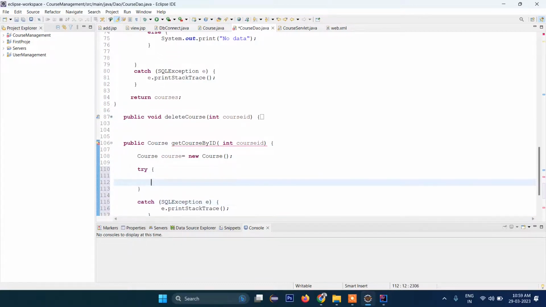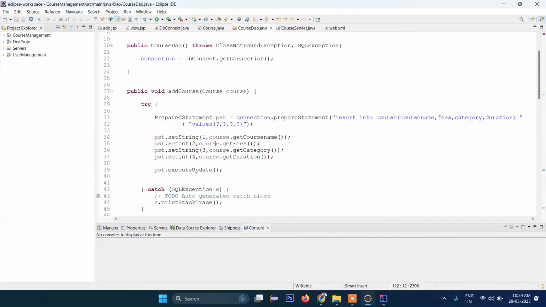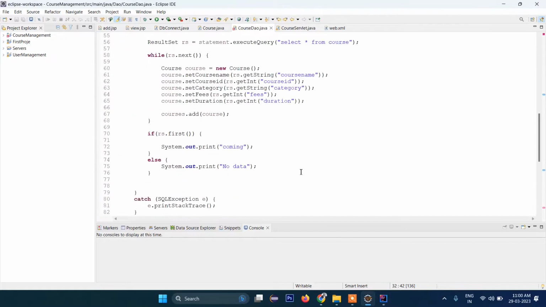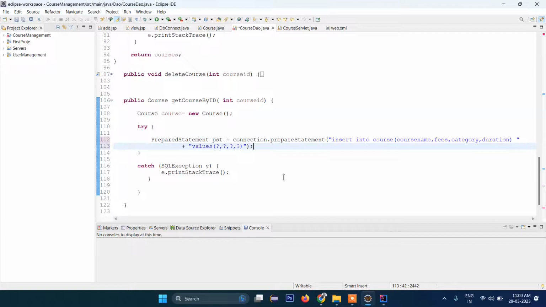Inside try, prepared statement, this one, we will require this one. So prepared statement pst, connection prepareStatement, and here we will write